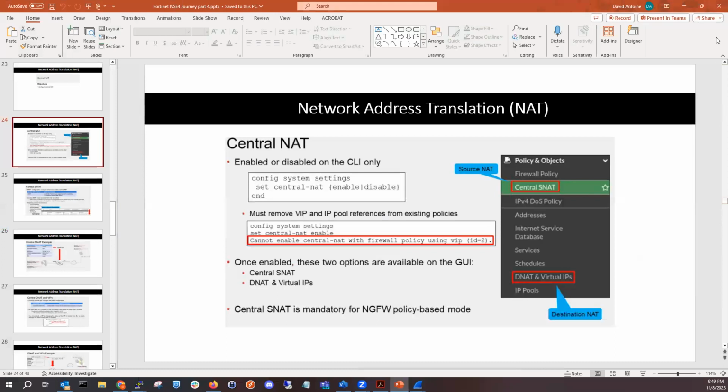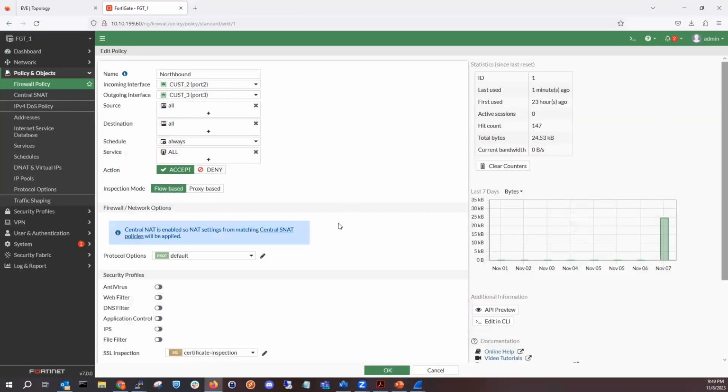All right. So now that we did that, we need a policy. So, firewall policy. We have an if-then statement there. We have our northbound, incoming, outgoing, source, destination, schedule, service. We have all that there. So this is our whole if. Then it does an action, except, and of course,